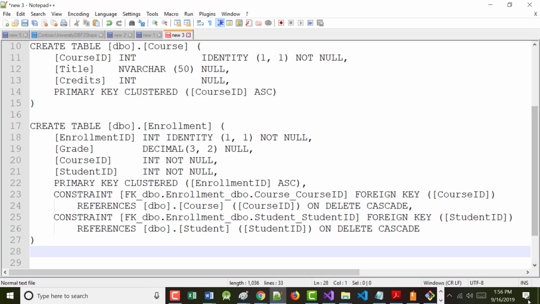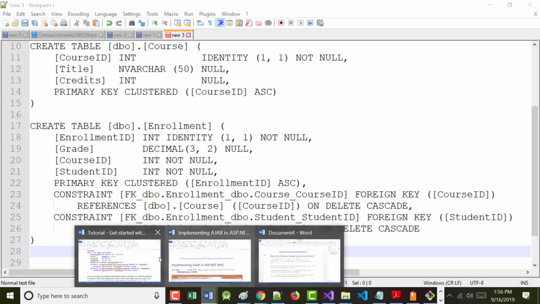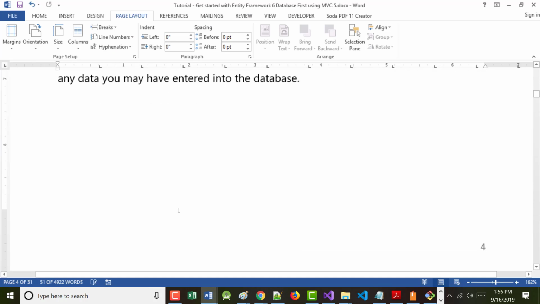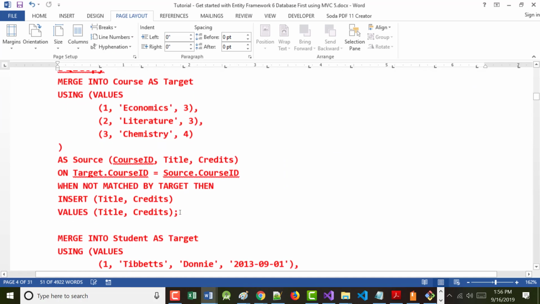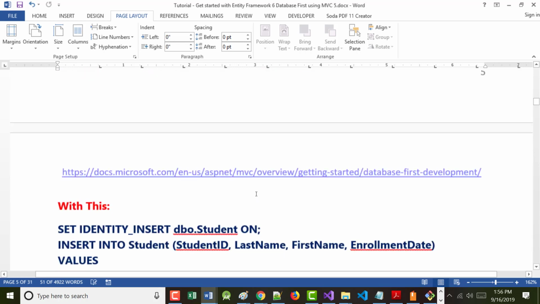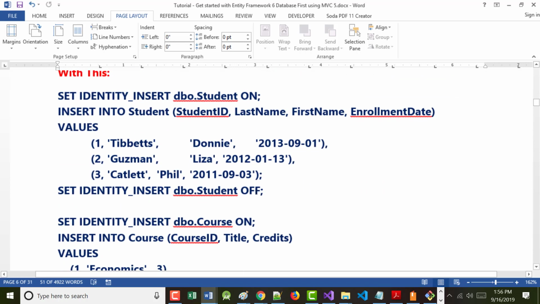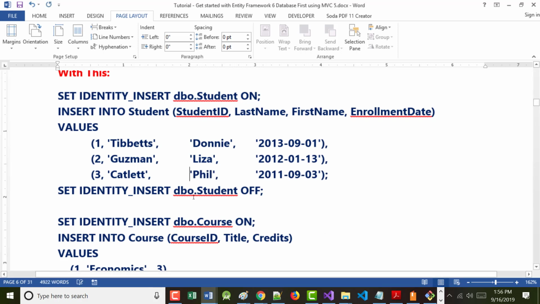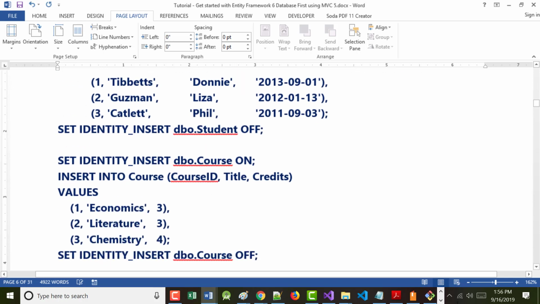So again, if you stop for a minute and just take a look on the screen, the author says next, we're supposed to put in this. Merge into, etc. I had nothing but problems with this. All right? So I went back and rewrote it till I got it to work. This is what I sent you. You have this. All right? So you will be able to see all of this stuff.